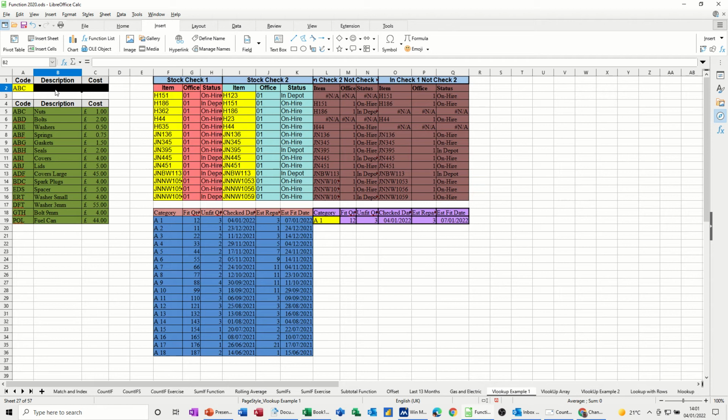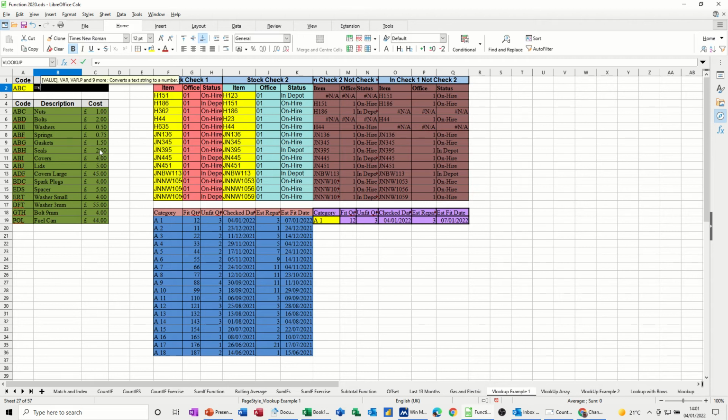So you start off with equals Vlookup, open the bracket, and now it wants the search criteria. The search criteria is this cell. You could put the actual search criteria in the formula itself up here, but I'm just going to click on that cell. Now it's said A2. Now I want to use the name, so I've called that input code. Input, get rid of the A. So input code,